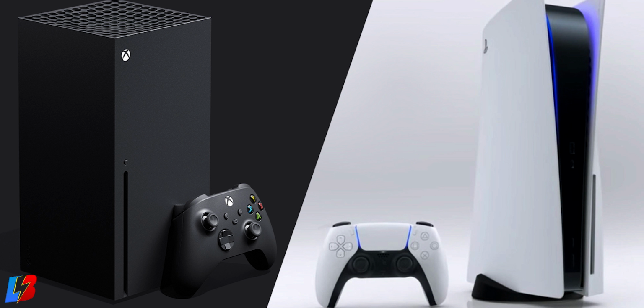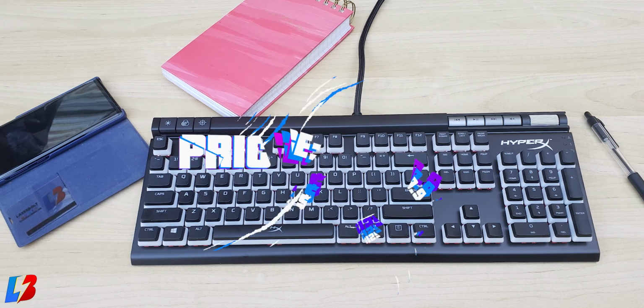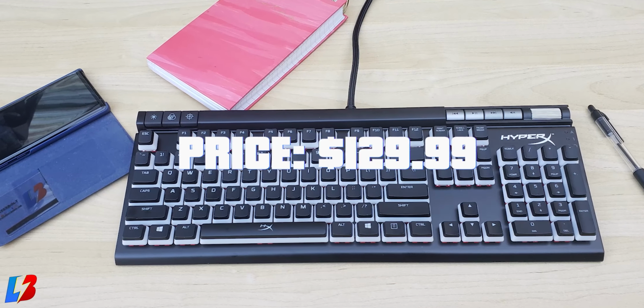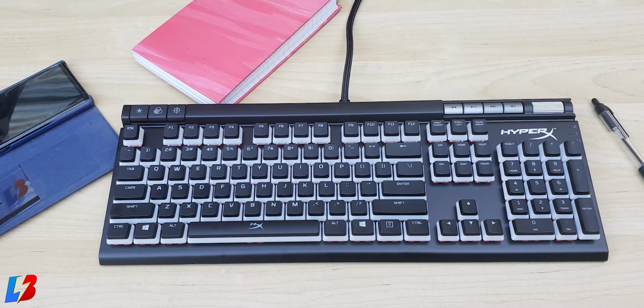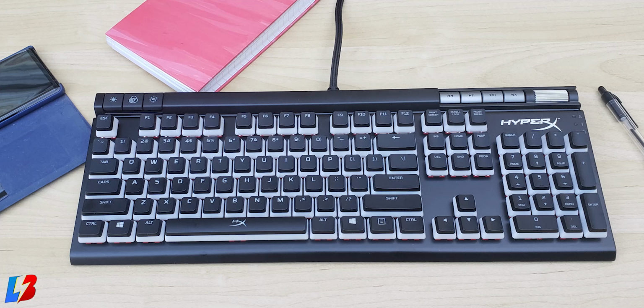Now you're saying, I want the keyboard, Laser, tell me what's the price. So this is going to cost you $129.99, that's US dollars, and you'll be able to pick up this keyboard right now. So make sure you guys head on over to HyperX and get yourself this keyboard, or upgrade from your old